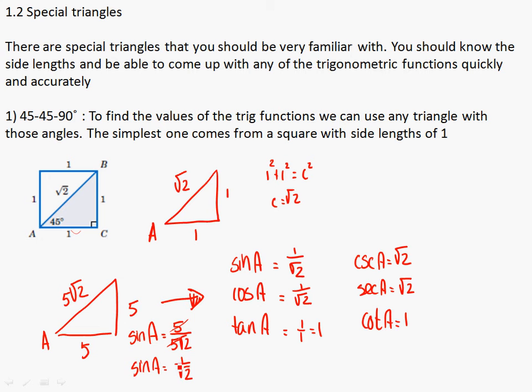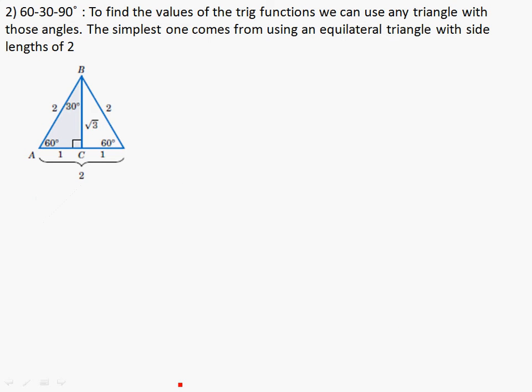Okay? Alright, so that comes back to what I said yesterday, that the sines, cosines, and all those values don't really depend on the side lengths, they depend on the angle. Alright, a 60, 30, 90, I wrote it slightly awkward. Usually we'd say 30, 60, 90, but it's easier to look at it this way. If you start with a triangle that's 2 by 2 by 2,